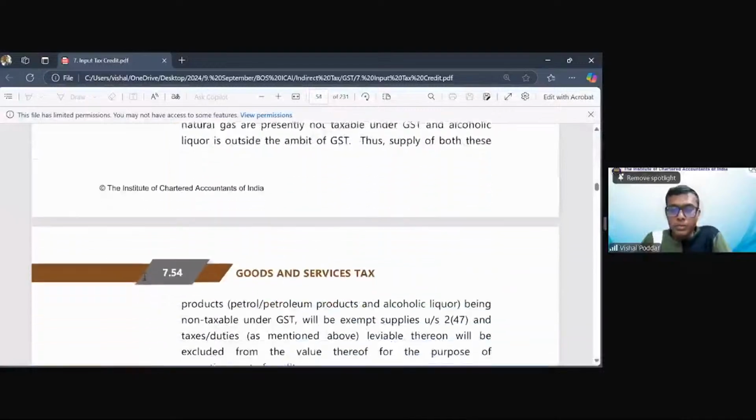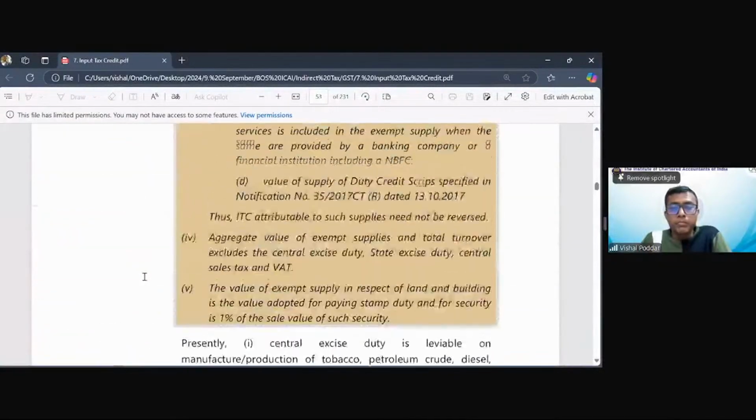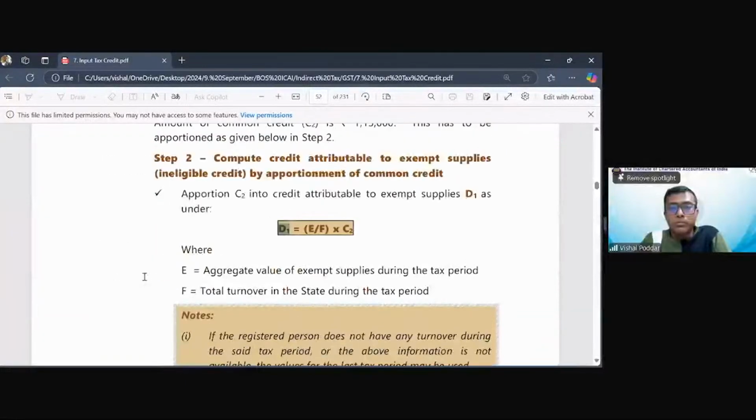Excuse me, sir. Yes, beta. Here total turnover included services that are eligible for credit also? But turnover means sales, no? So sales is only of two products, X and Y. What you are saying is ineligible, ineligible is the debit side, that is the credit item, no? Here sales is on the credit side, which is only two products. See, visualize a P&L. In a P&L on the credit side, sales is showing sales of X, sales of Y. That's it. Yes.